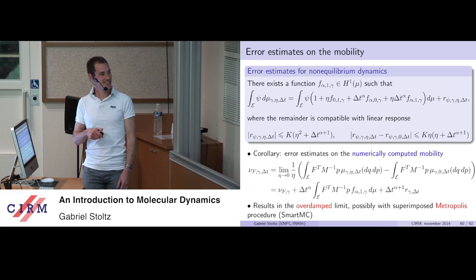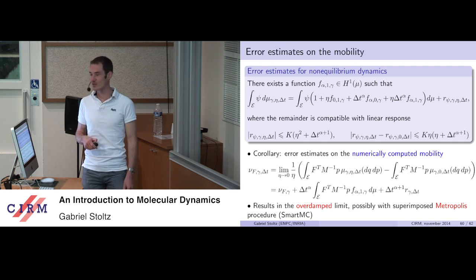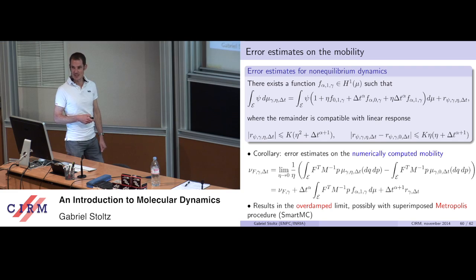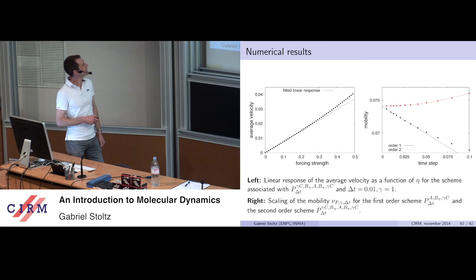But this last extension, taking the overdamped limit and superimposing Metropolis, is in fact what people do in PEXA to compute self-diffusions of ions in clays when they use some effective overdamped Langevin dynamics. So although it's a technical extension, it's something which is relevant for the MOMAS community, or at least a sub-community of MOMAS interested in molecular simulation. And this was just to show that it works, which maybe I just comment on.